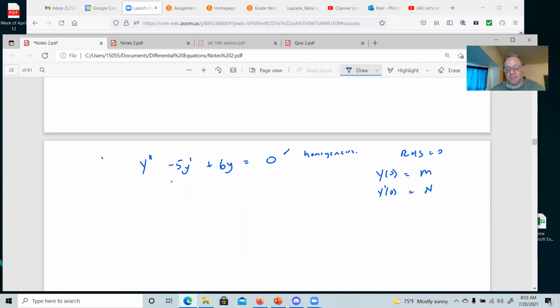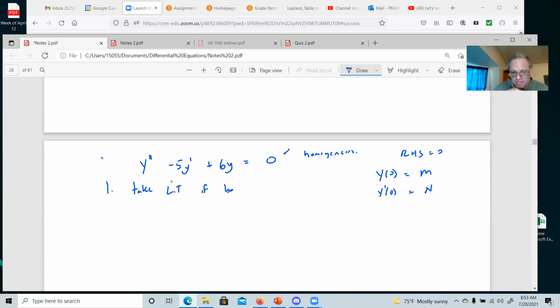You need something here, but whatever that something is, we'll deal with them. We're going to use these as constants, like we've been using constants before, which means I'm going to rename and reshuffle these to be whatever's convenient for me at the time when I need them. So first step is take Laplace transforms